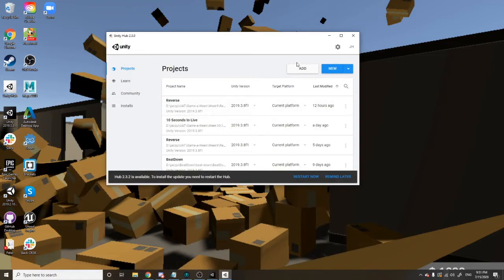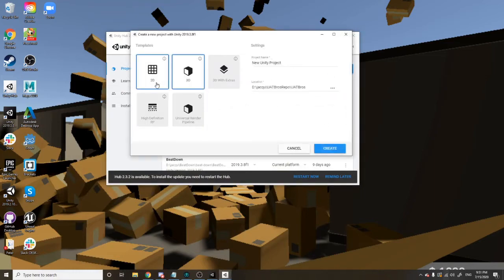Today I'm going to be starting a new tutorial series where we're going to make an asteroids game in Unity. We'll start a new project, so I'm going to click New. This project is going to be a 2D project, so you'll want to click 2D, and then I'm going to name this project